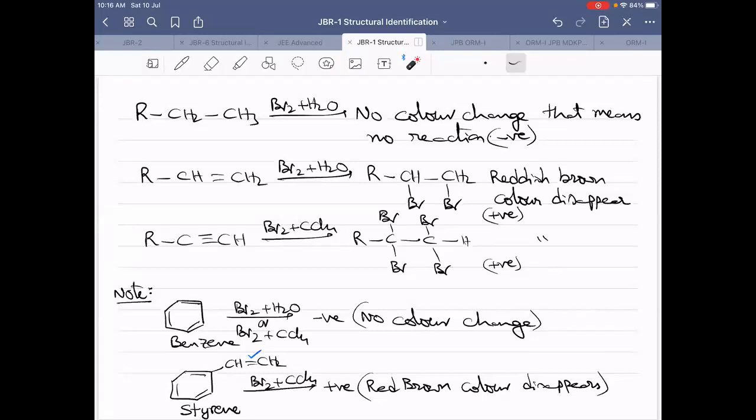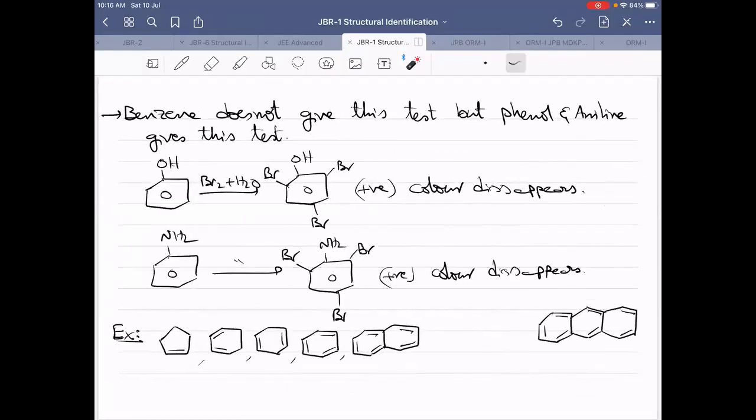Done. Yes. Next, you see. So benzene will not give the bromine water test, but there are other aromatic compounds which give the bromine water test, which decolorize bromine water not by reacting their double bonds, but in a different manner. The reaction will happen. We will not discuss how the reaction is happening, but one point you have to remember is that phenol and aniline will give a positive test. Benzene is not giving the positive test, but phenol and aniline are giving a positive test.